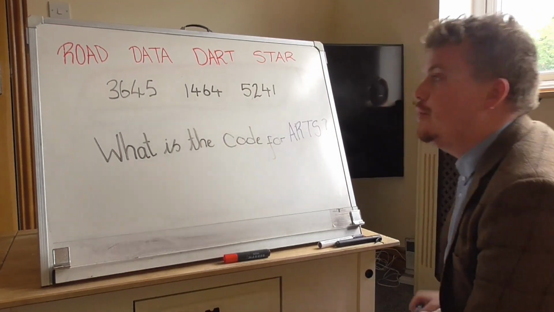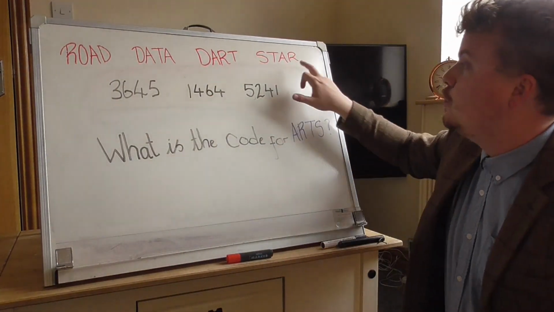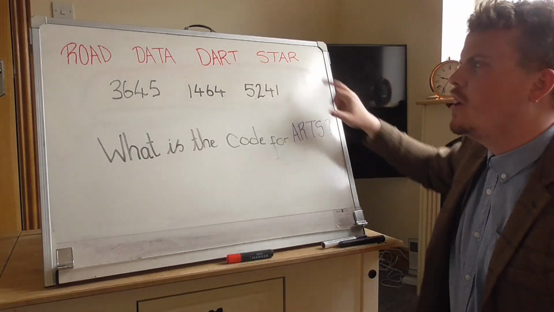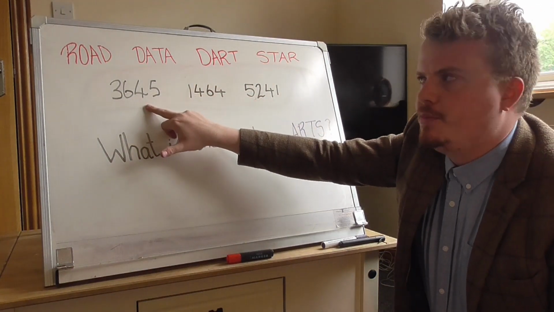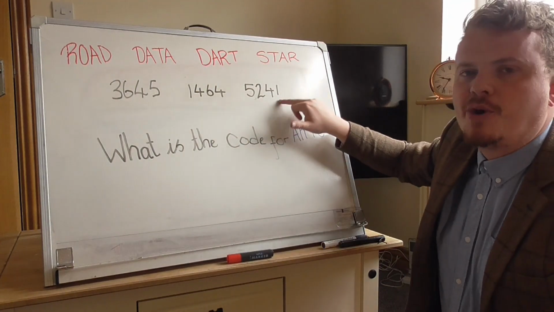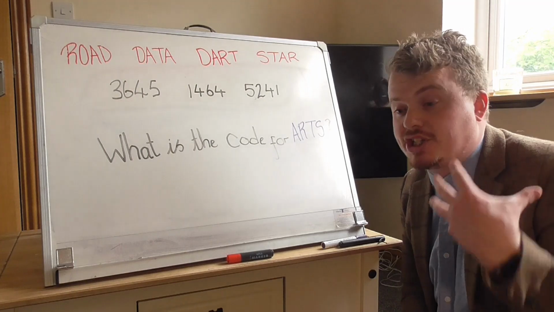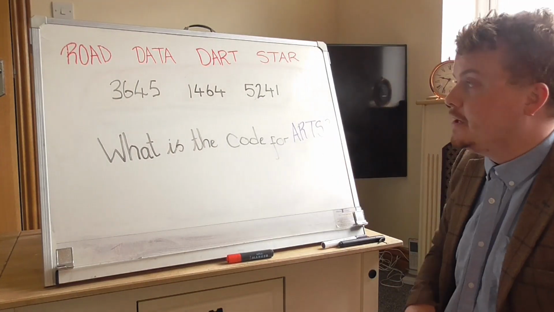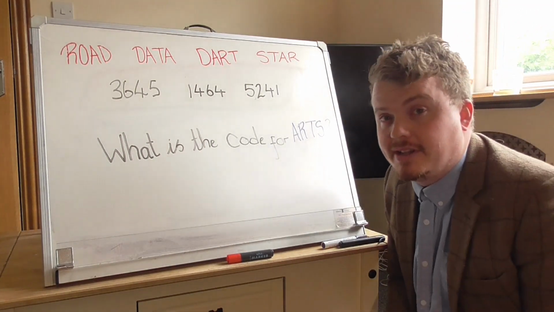Well, one thing you do know is that each of these codes corresponds to one of those words. Okay? You will notice that there are 4 words and 3 codes, so one of those words does not have a code. So this code here corresponds to one of those words, this code here corresponds to one of those words, and this code here corresponds to one of those words. And we've got to work out which code corresponds with which, and that will help us find out what the code for arts is. Now, something that's worth doing, something that comes up quite a lot in these sort of tests,